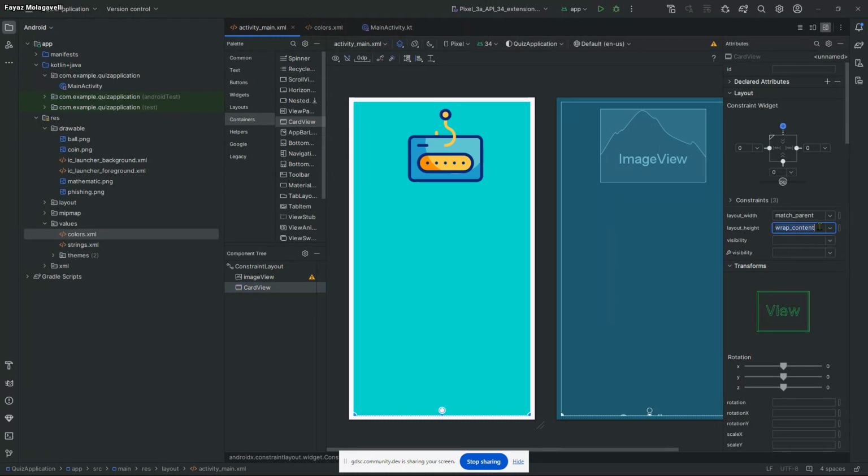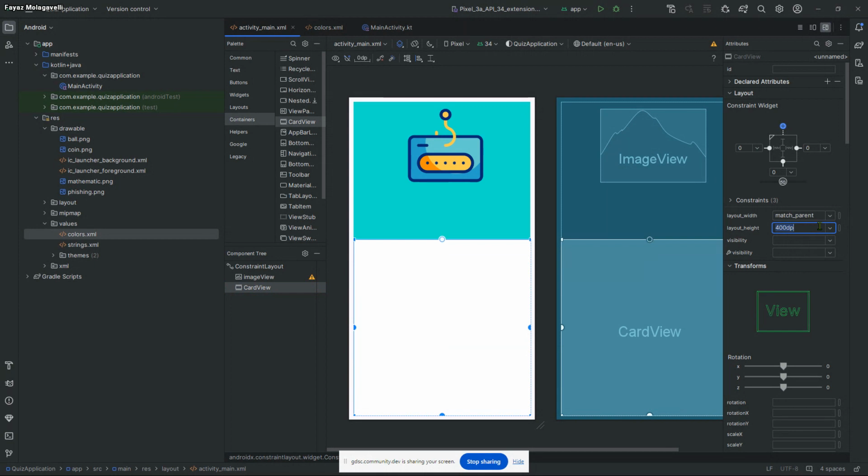Yeah, I'm going to give it some height so that we can clearly visible. I'm going to give 400 dp. Yeah, this is the card we have, but not 400 dp. I'm changing it to some 300 dp. Yeah, fine. And width